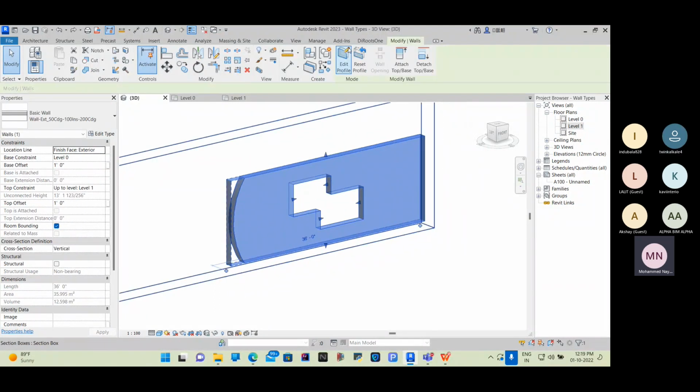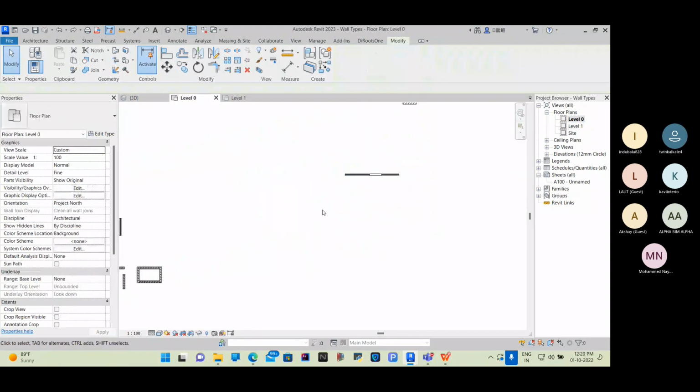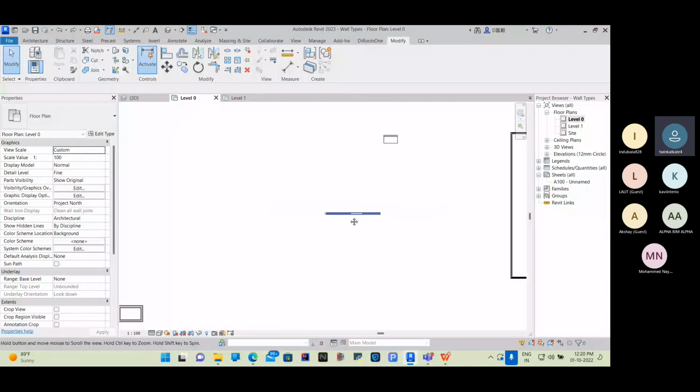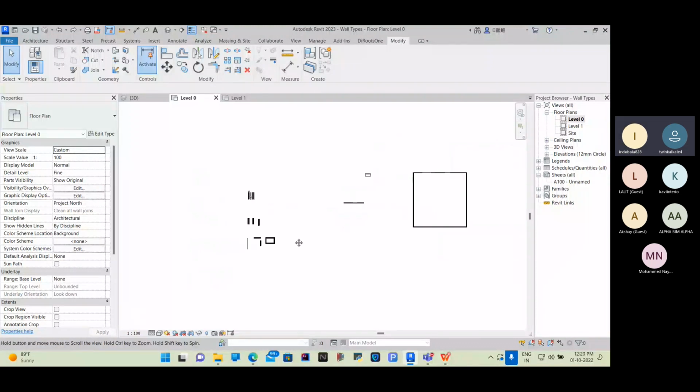Okay. So clear, everyone? Yeah. Okay. So this covers all the basics of walls. Now we'll have some advanced options. So now if I take this wall